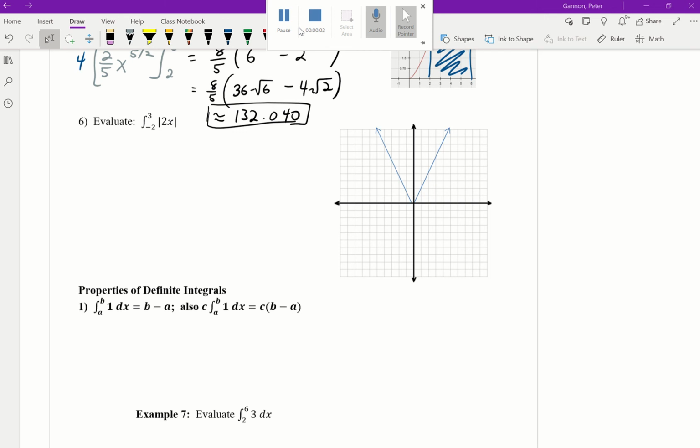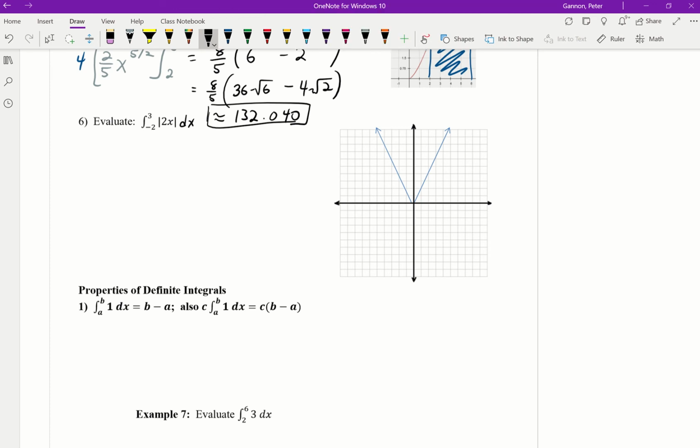Hey everybody, welcome back. This is part 3 of the chapter 5 day 2 notes. So we'll just continue along with the examples. For example 6, we want to evaluate the integral from negative 2 to 3 of the absolute value of 2x. Now, just for notation, there should be a dx there. Because whenever we're taking an integral, we have to know what variable we're taking the integral with respect to,